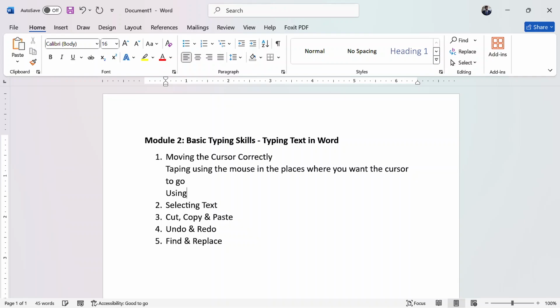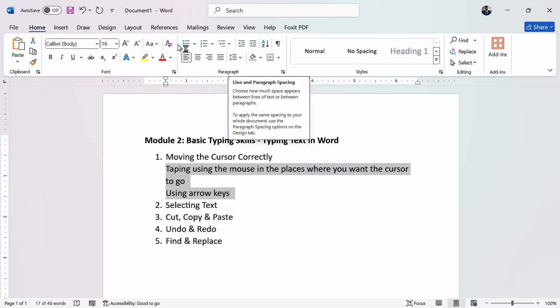Using arrow keys, you can use arrow keys to move the cursor. How? When you tap on the down arrow key, the cursor moves down. When you tap on the right arrow key, the cursor moves to the right. When you tap on the left arrow key, the cursor moves to the left. Like you can see, when you tap down, it moves down. When you tap up, it moves up. And so many other things, as we are going to be seeing.